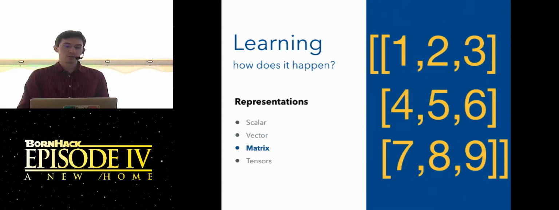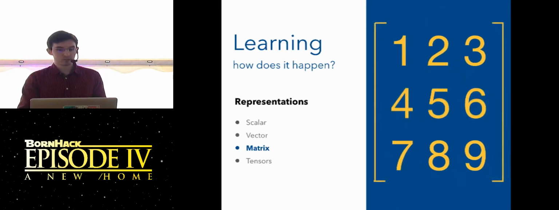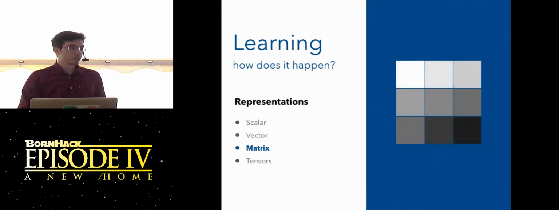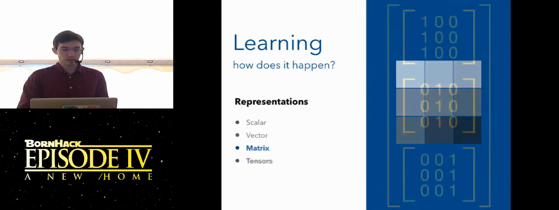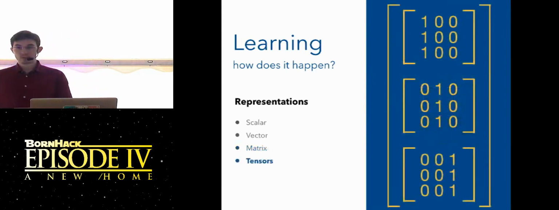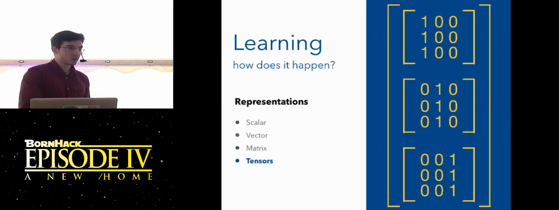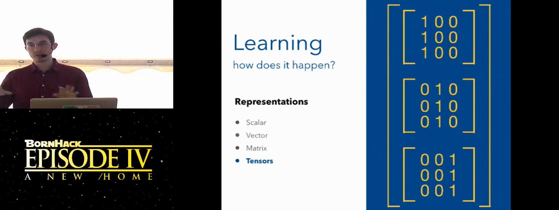Because this is a bit clunky, we actually usually, notation-wise, show it like this. And this can also be a grayscale image, technically. Again, this flexibility comes to mind. Then there are tensors. Tensors have a pretty specific mathematical definition, but that's a bit too nuanced for us right now. So think of them just right now as a vector of matrices. Technically, scalars, vectors, and matrices are all tensors. So from now on, when we talk about this, we're going to be talking about tensors.